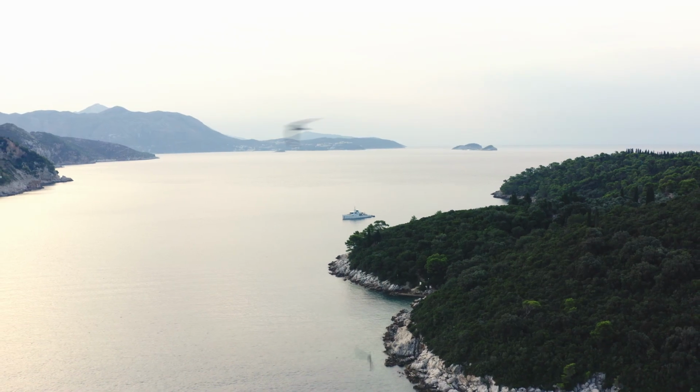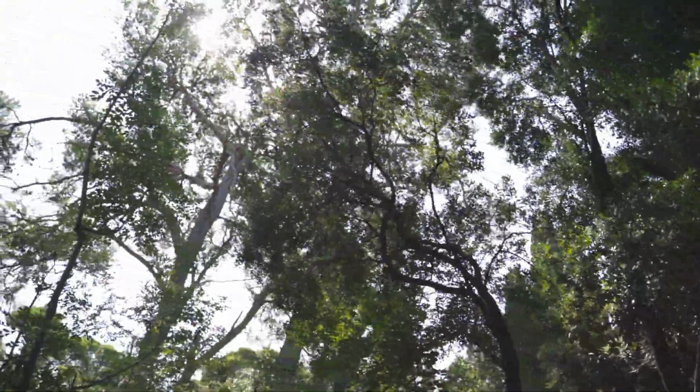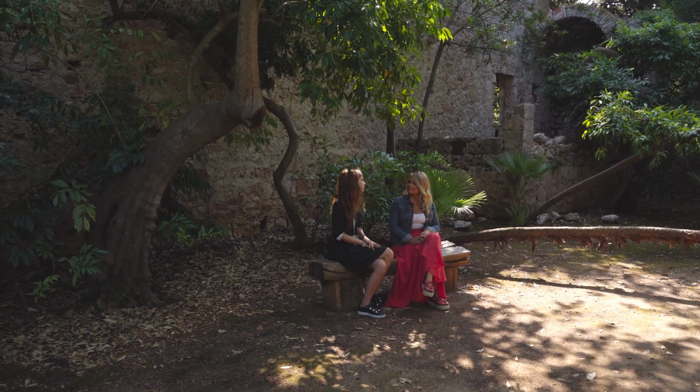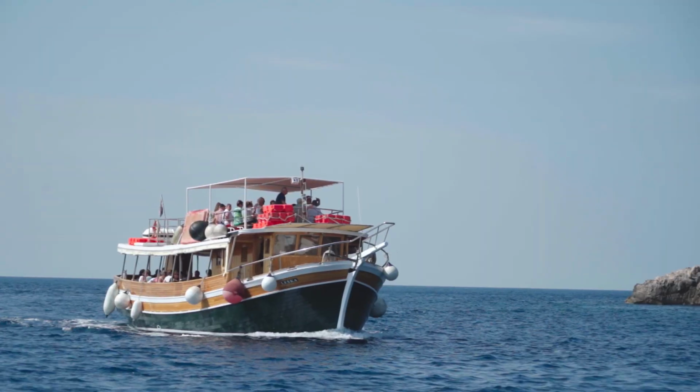Dubrovnik is a city full of sailors, and they sailed all around the world, and they used to bring plants. So the Benedictines put plants in the little botanical gardens, so we have a lot of types of plants that usually do not grow in Dubrovnik naturally. Apart from nature and museums, you can spend the day on the island just chilling on beautiful beaches or sipping